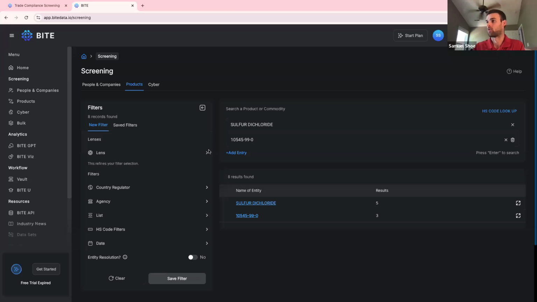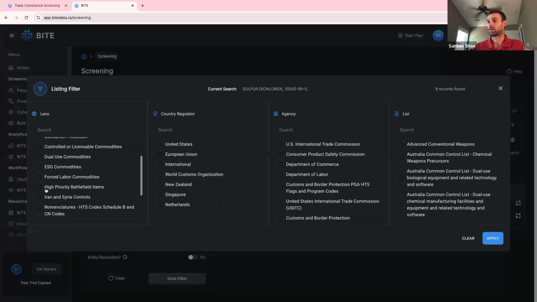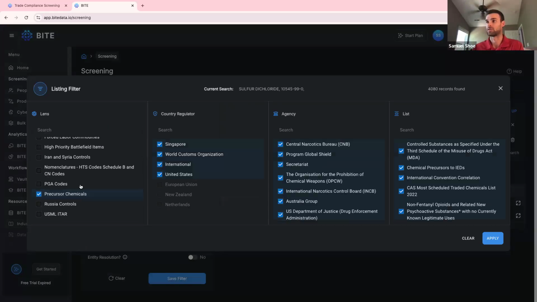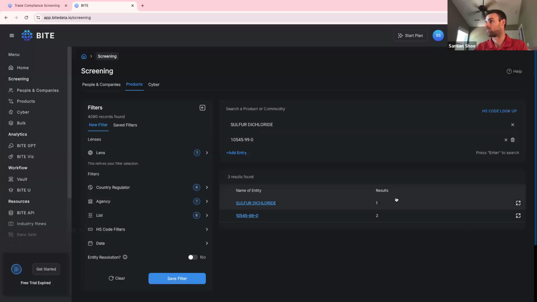I can check it against chemical precursor lists. There's a lot of different filters and lists that we have in Byte. Whenever I am analyzing anything to do with chemicals, I'm always adding the precursor chemicals lists, and I can apply that,